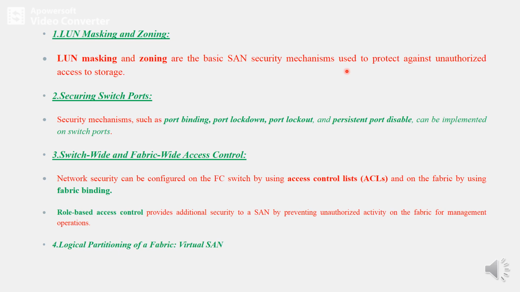These standard implementations of LUN masking on the storage arrays mask the LUNs presented to the front-end storage port based on the WWPN of the source HBAs. Suppose any unauthorized users are trying to access the data, this will be avoided by LUN masking. It also offers a mechanism to lock down the FC address of a given node port to its WWN. So we can consider WWN zoning, which is the most preferable choice if you are considering security concepts.